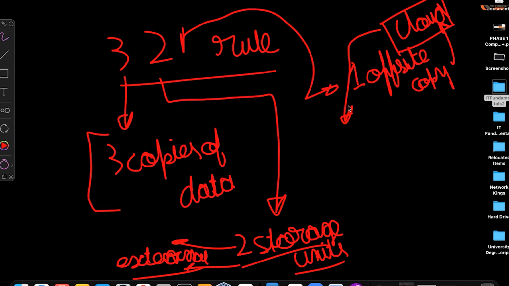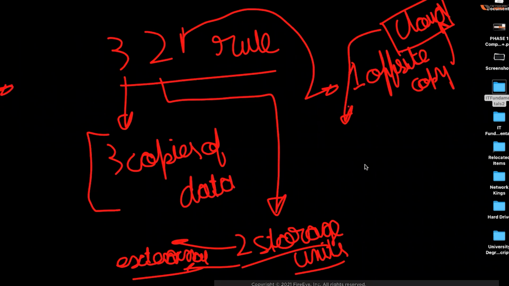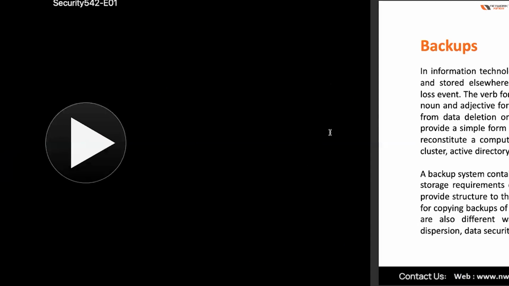Okay. So whether you are an IT professional or you are just a student who's from any other domain, okay. So if you are from arts, if you're from commerce, any other background, you must be using computer for your important files. If you're writing your thesis, use this rule 3-2-1. If you're doing something important, use this rule. It will help you out. Okay. So let's go to the next slide now.